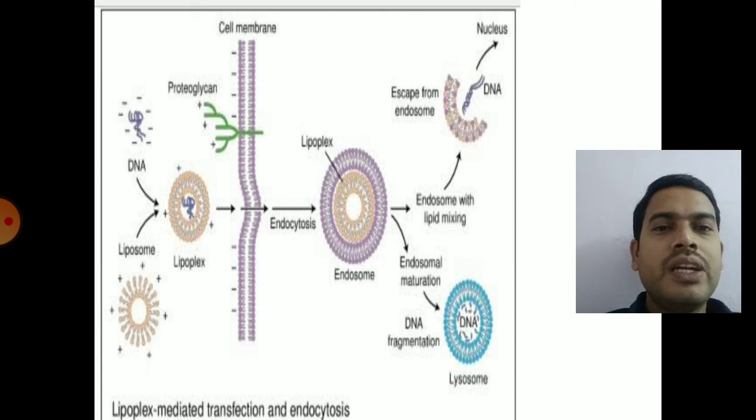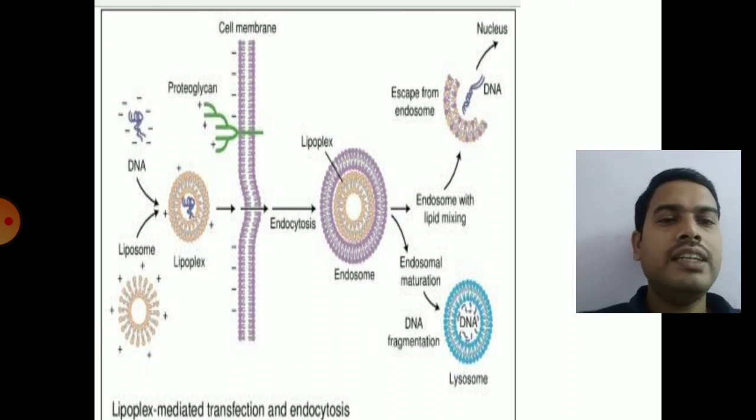So this is the principle. DNA and liposome. This is a Lipoflex, a reagent which contains liposomes. It is mixed with your foreign DNA to be transferred into the cell. Then the Lipoflex will take your DNA and they will enter into the cells. And a Lipoflex, you can clearly see, contains two coats, a top coat and an interior coat. The top coat will mix with the lysosomes and it will be degraded.